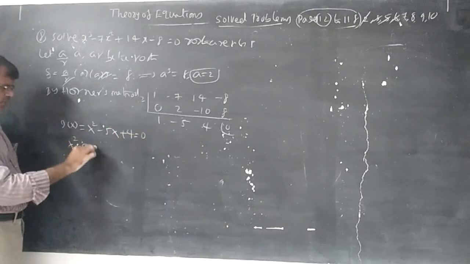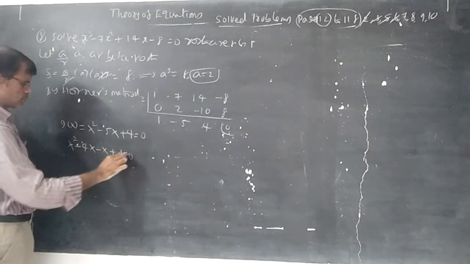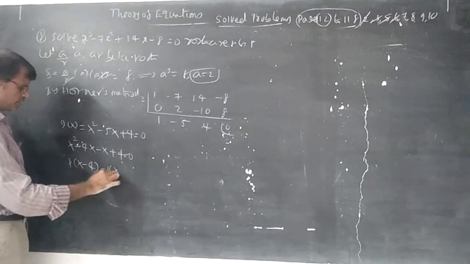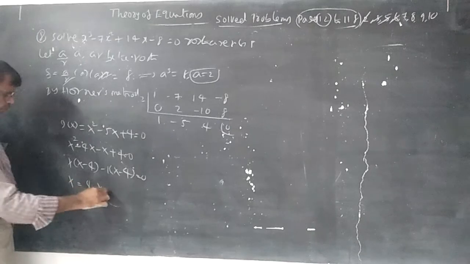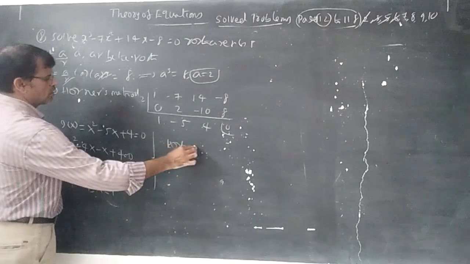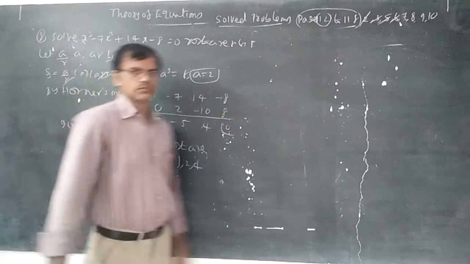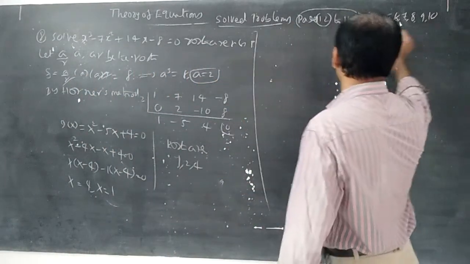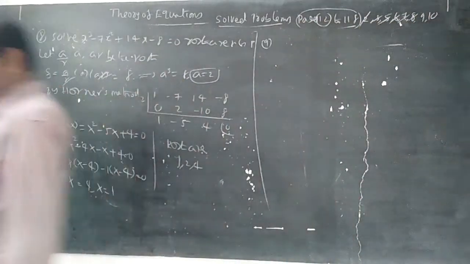So x square minus 4x minus x plus 4 equal to 0. You can take x common, it becomes x minus 4, minus 1 taken common, it becomes x minus 4. So x is equal to 4 comma x is equal to 1. Therefore, roots in order you can write 1 comma 2 comma 4 are in GP, they are the roots. Next, 7 completed, 8 completed. Let us discuss about 9th question.